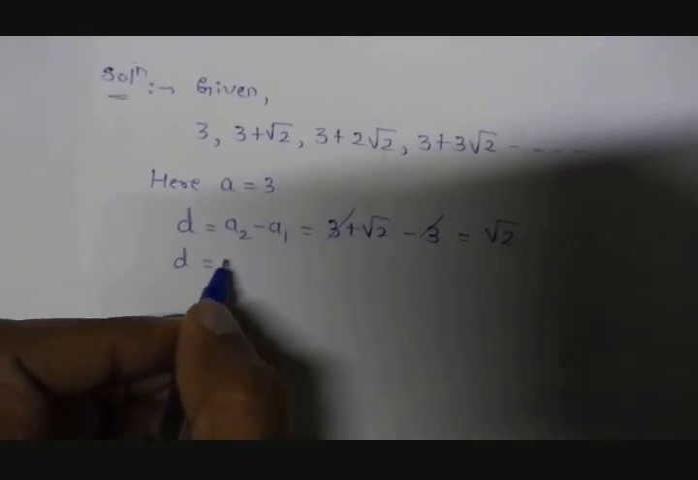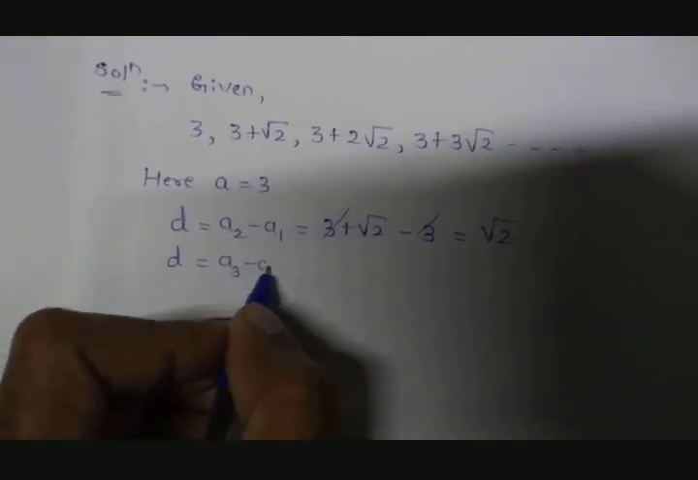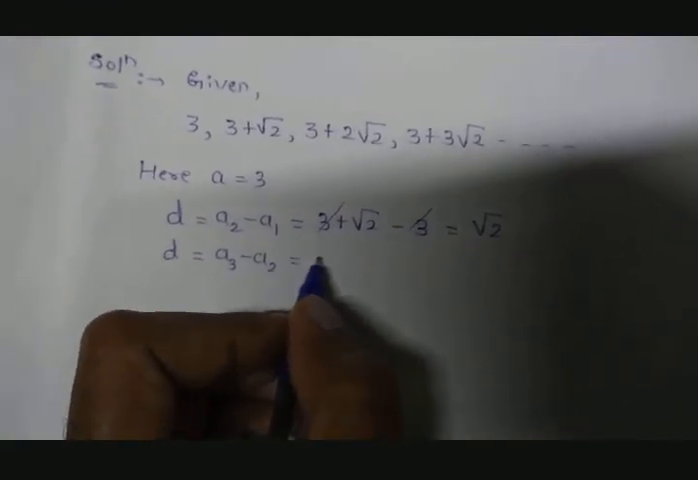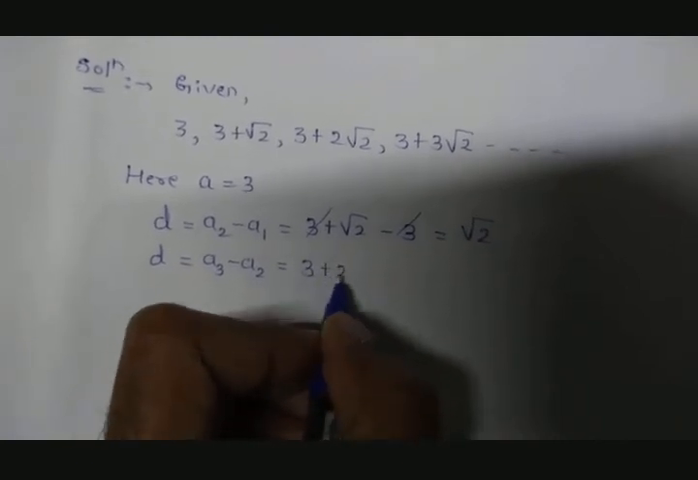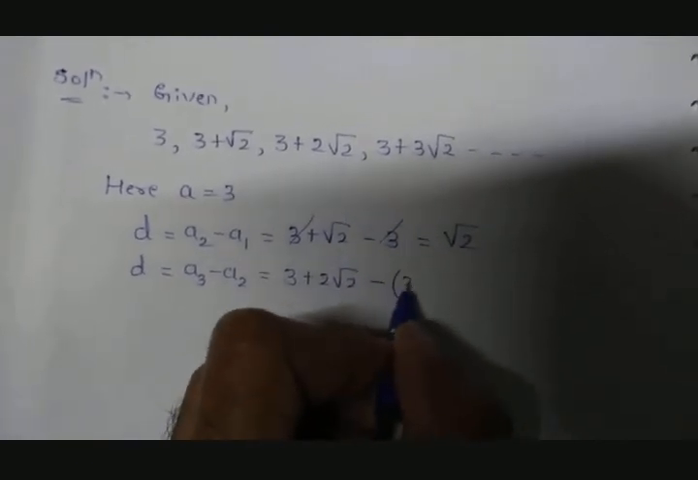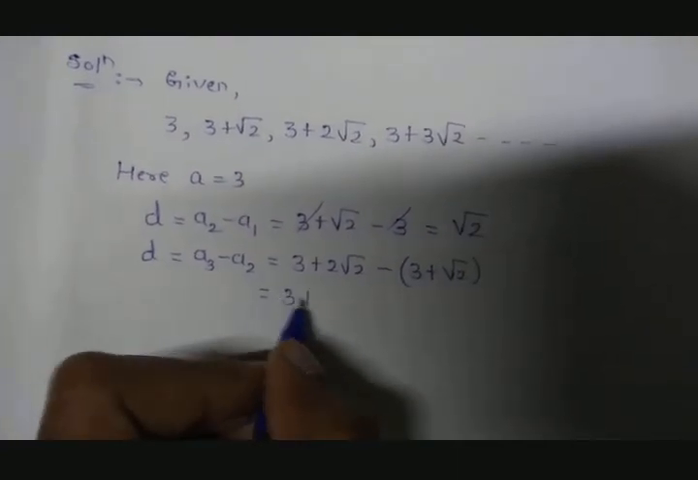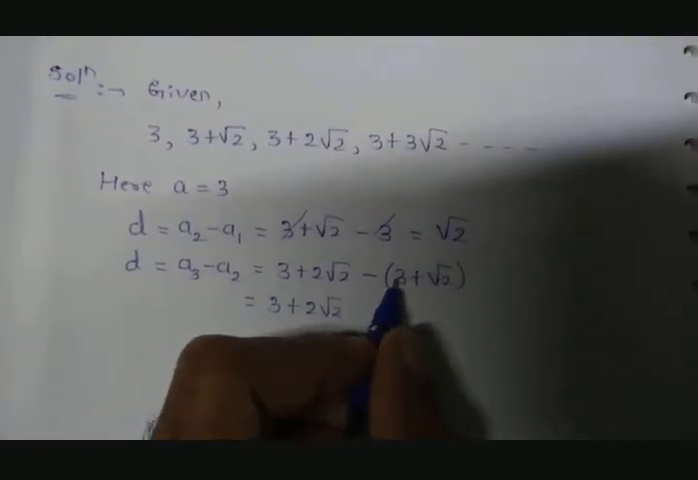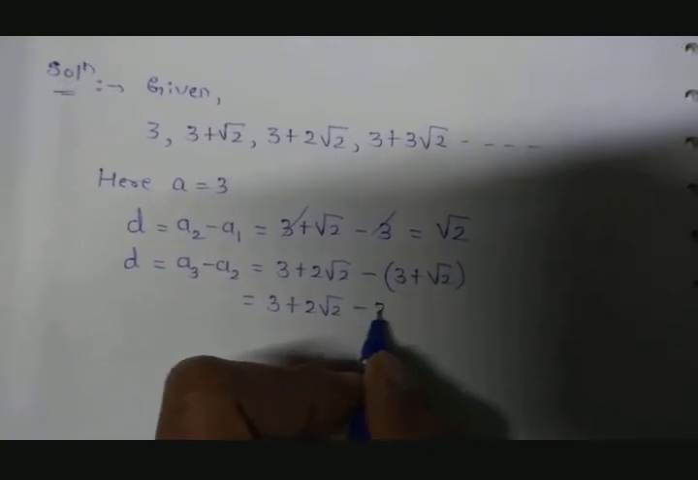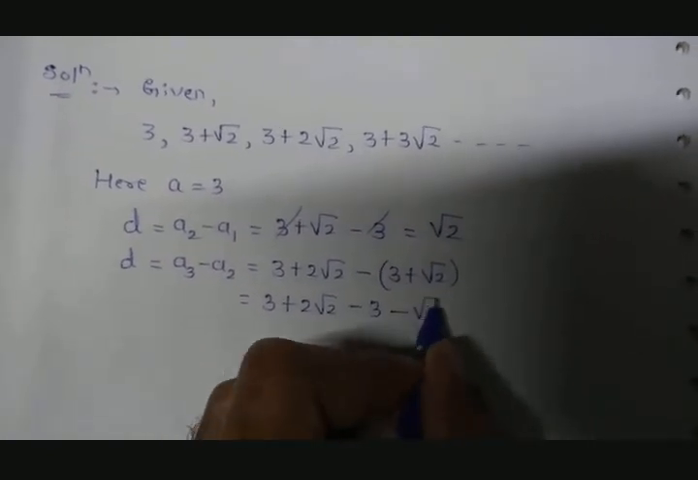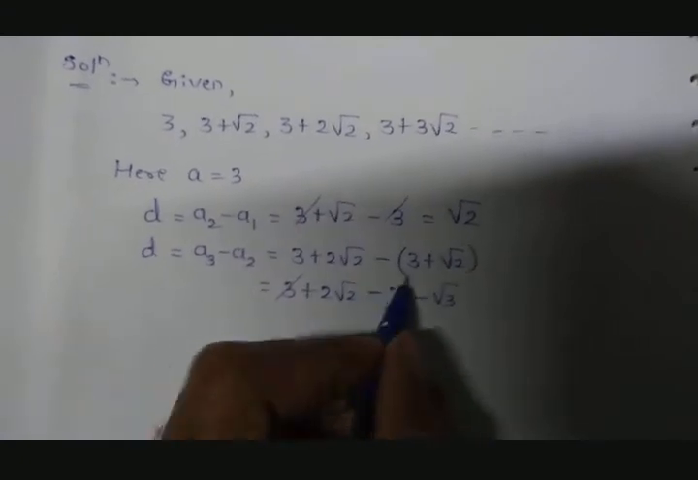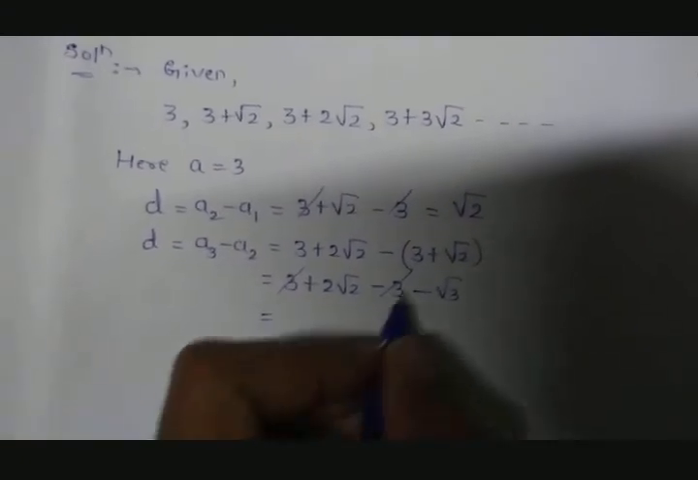Again we can check for the third and second terms, a3 minus a2, which is 3 plus 2 root 2 minus (3 plus root 2). So again 3 plus 2 root 2 as it is. Then minus multiplied into the bracket, minus 3 and minus root 2. So plus 3 and minus 3 get cancelled and we are left with